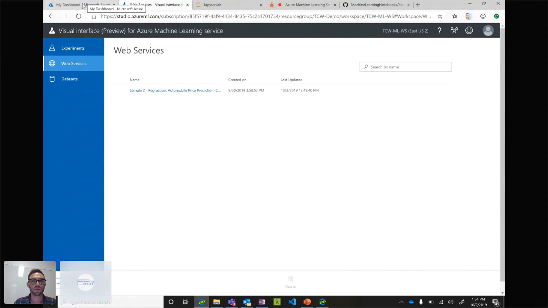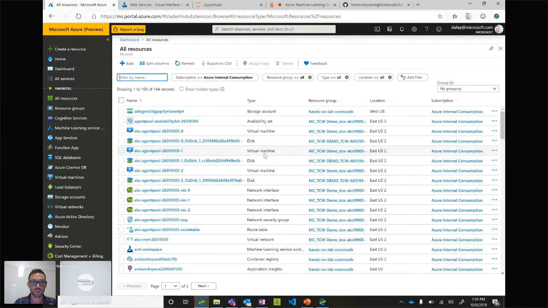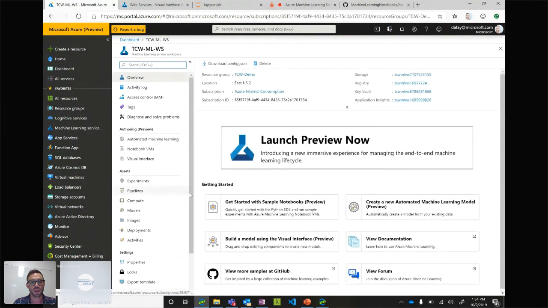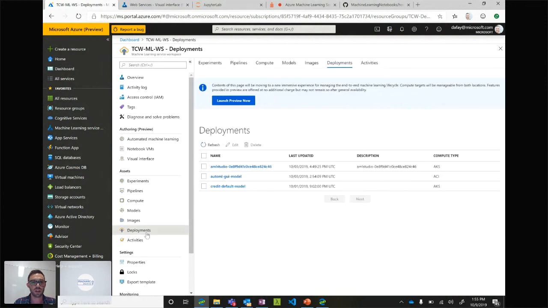So if we wanted to, let's say, go back to the workspace, what do we have here? You would actually see that same deployment that we deployed through the visual interface located here in deployments as well. So it's kind of an easy way